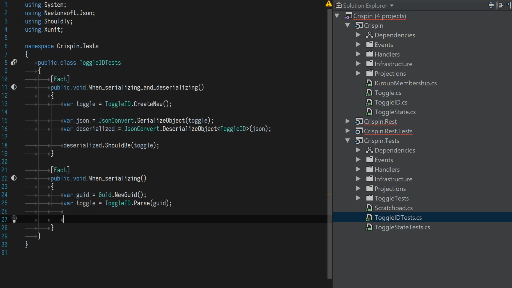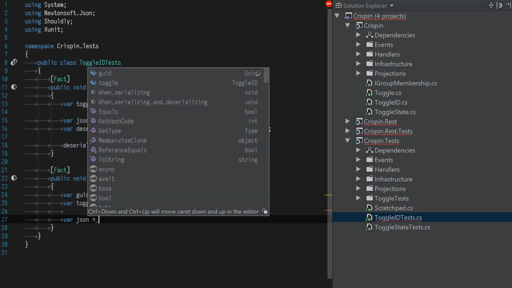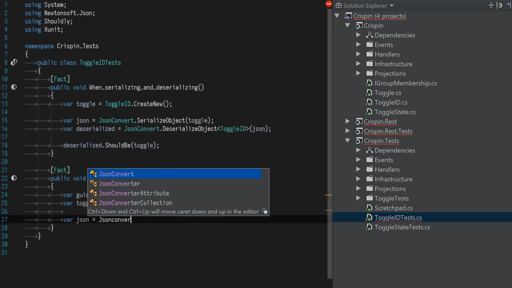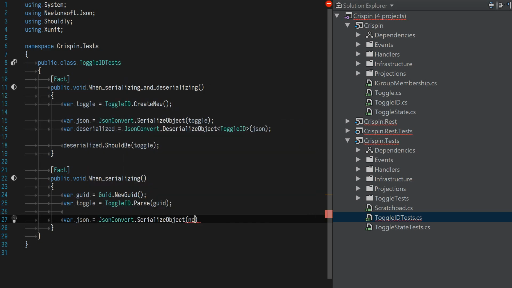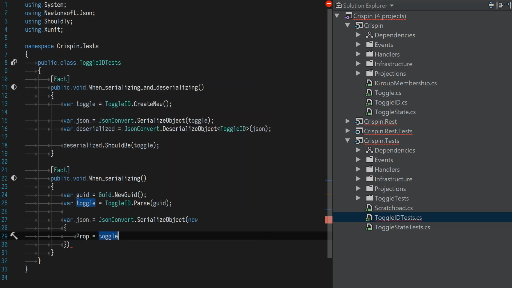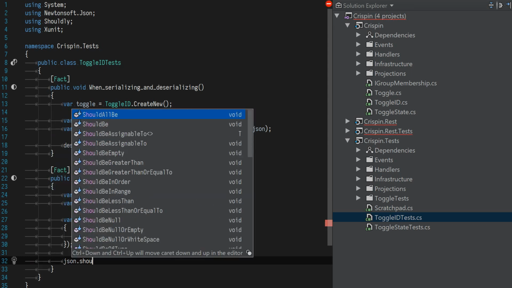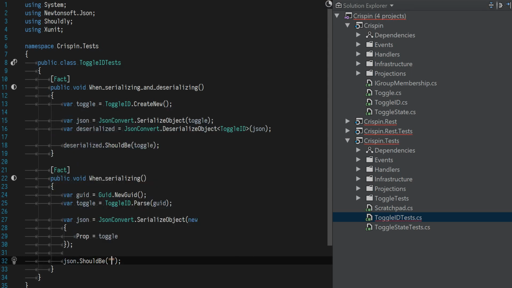Now we're going to serialize an anonymous object and then check that the value is what we want. So var json equals JsonConvert.SerializeObject new thing, prop equals toggle. And now we're going to assert that the JSON we get out should be in the format that we're after, which is this. Slash quote prop